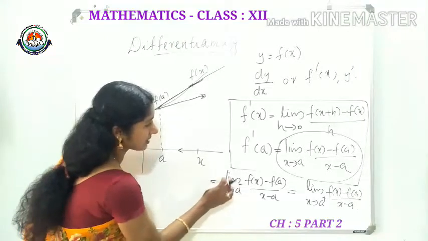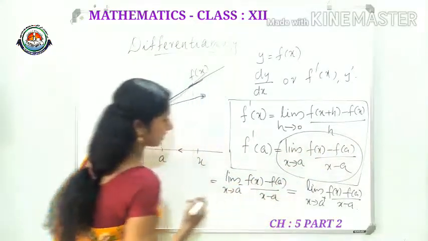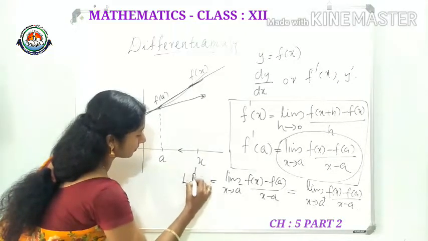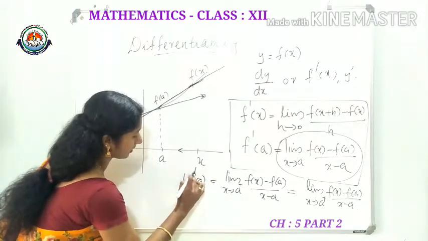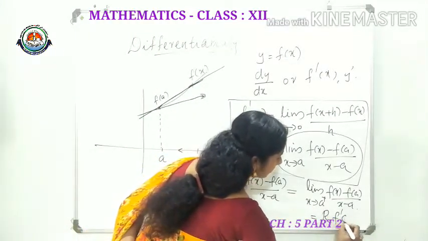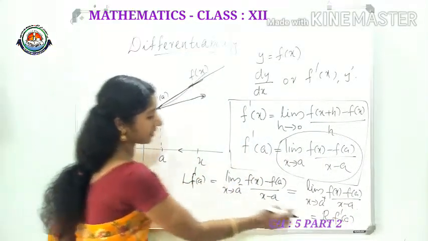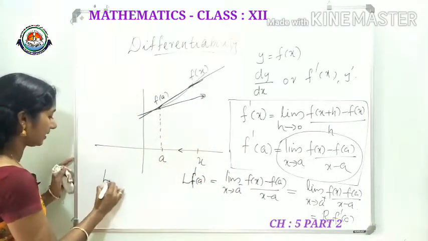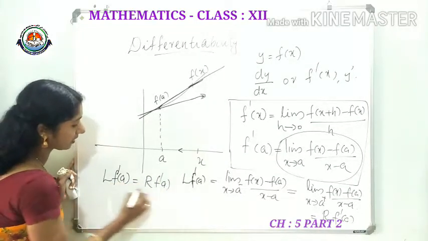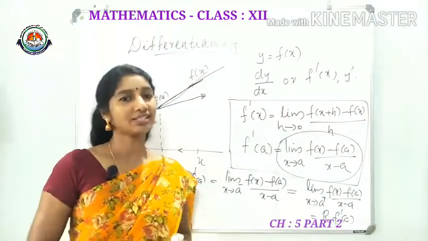And since it is derivative, we will call it its derivative, its limit. This is the derivative of a function f of x at x equal to a. So we will call it the left derivative of the function, and this one we will call the right derivative. Okay, f dash of a is the derivative, so it has a left derivative and a right derivative. So if the left derivative and the right derivative are equal, we will call this function differentiable at x equal to a.